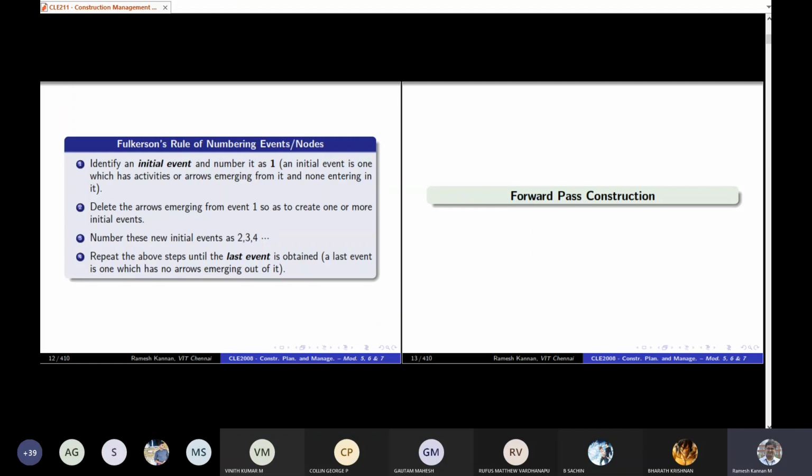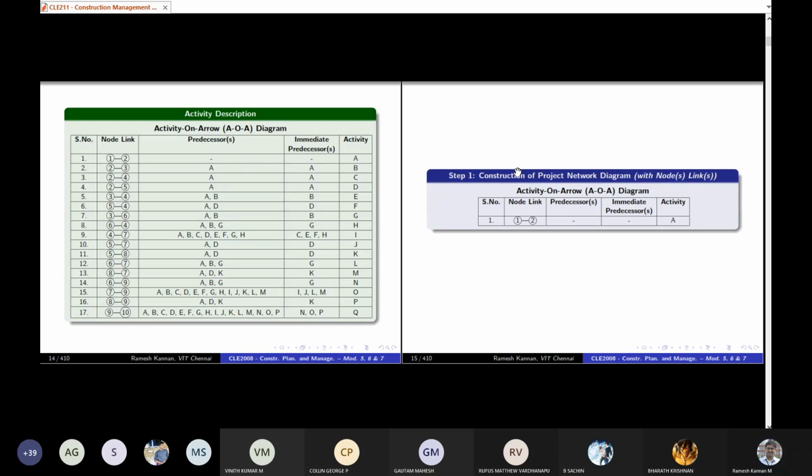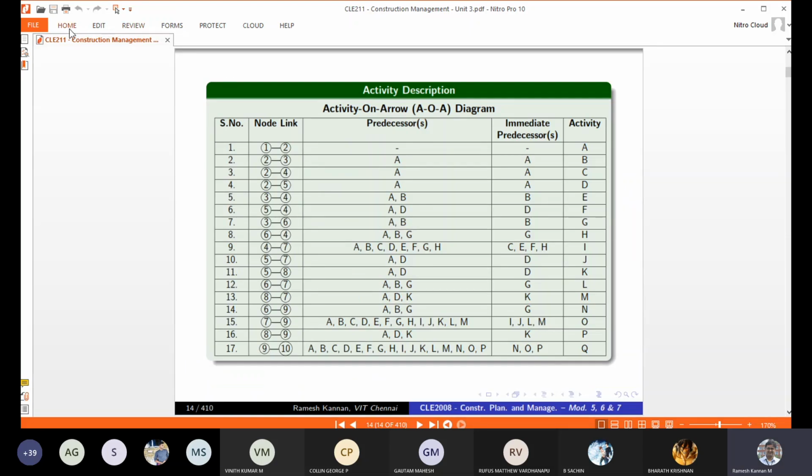In a backward pass, we take the last activity and construct the entire project network diagram back to the first or initial activity. In a forward pass, from the initial activity, we construct to the last activity. Right, so this is the typical project network diagram. Let me define it this way itself.